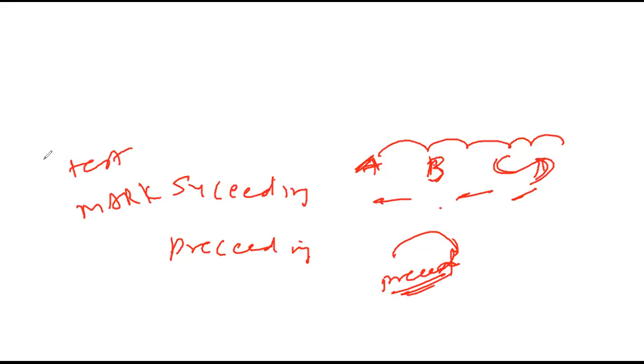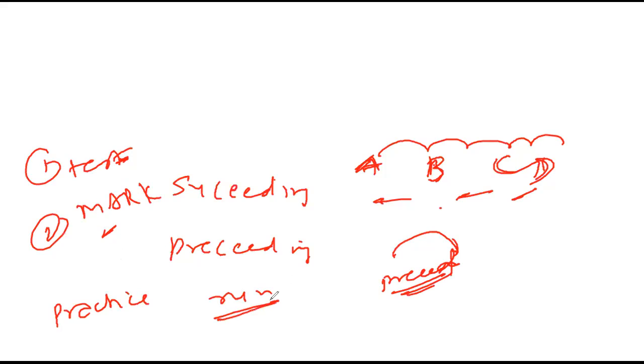Sir, write the test. So this will be first and this will be second. So can I say this is succeeding and this is preceding? Yes, sir. If you want to become an athlete, first you will practice, then you will start running in the match. So running is coming after practicing. So this is succeeding and this is preceding. जो पीछे आएगा वो उसको बोलते हैं precede और जो आगे है उसको बोलते हैं succeed.